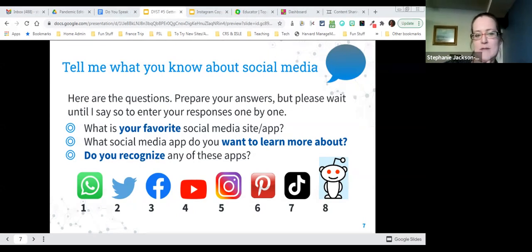How about WhatsApp? Which number is that? It's number 1. It's sort of like a texting app, but uses Wi-Fi. So it's really popular with people who have family or friends internationally. And last one we'll try here. How about Reddit?